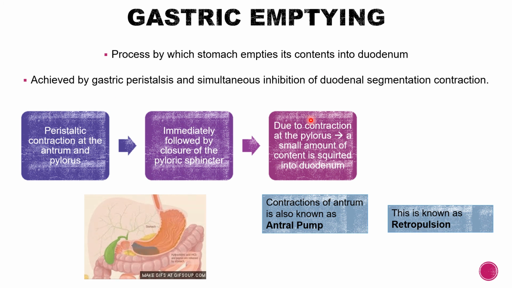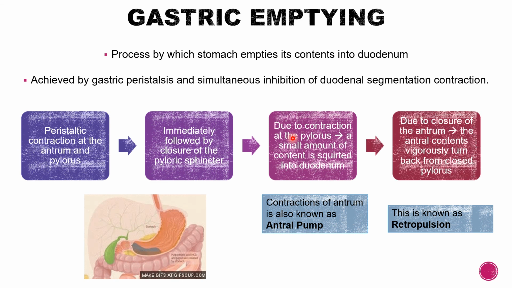So the wave is coming towards the pylorus. The pylorus contracts. A small amount of content is squirted into the duodenum. Immediately there is closure of the pyloric sphincter. So as a result, the contents which were going towards the pylorus strike the closed pyloric sphincter and turn back